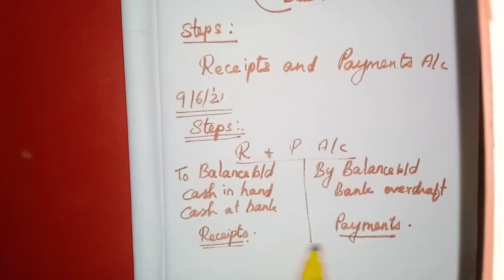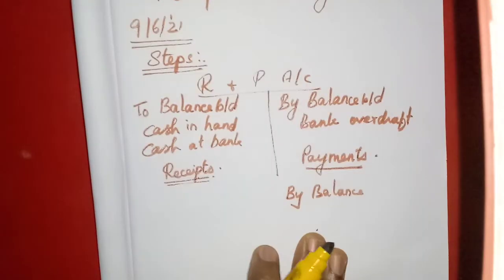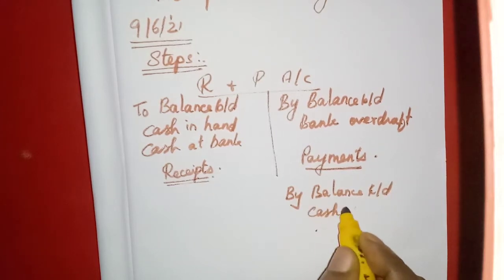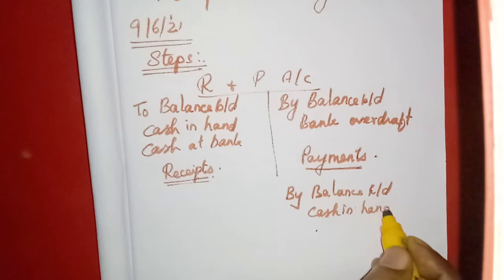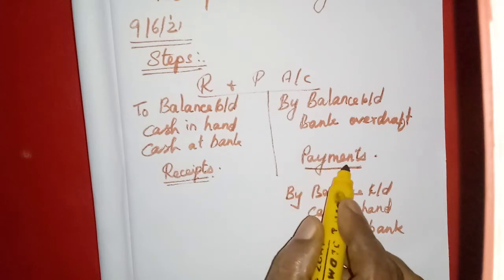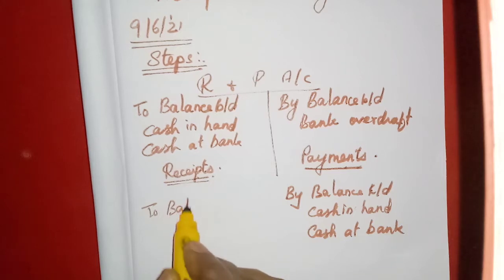Now we should balance both sides. If the receipts are more, we get the favorable balance, and it will be on the credit side: By Balance Carry Down, cash in hand and cash at bank. This is the ordinary favorable balance. Sometimes if the payments are more, we have to write on this side: To Balance Carry Down,